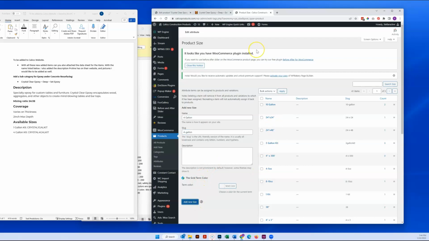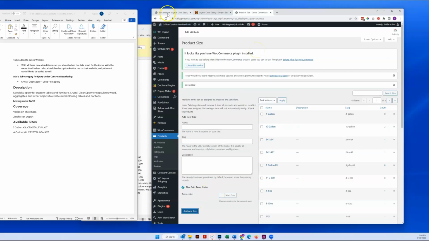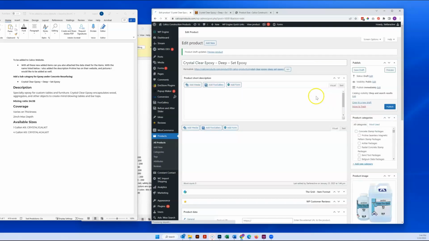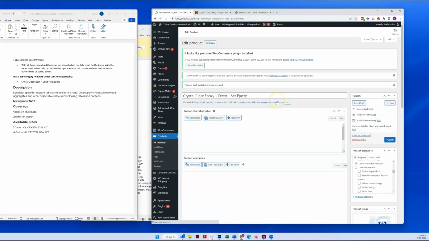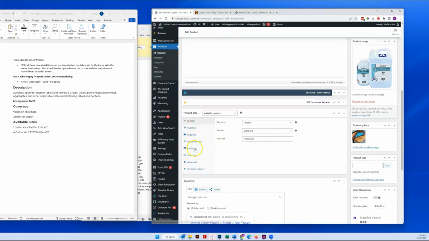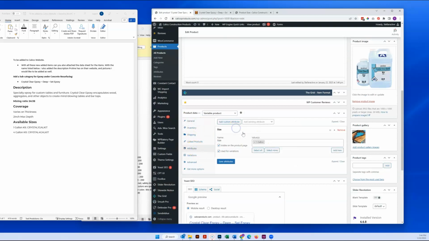We'll add that new size. Now, that new thing won't be available back on the product here until we resave it and make the connection between the product and the updated attributes. So now, once we've saved the draft again, we can scroll back down here to our attributes and come to size, and we should be able to add the